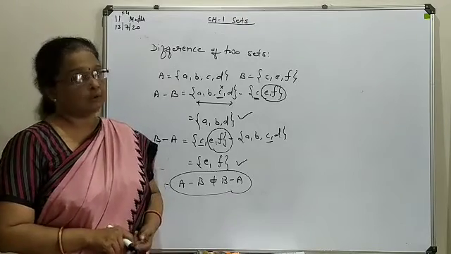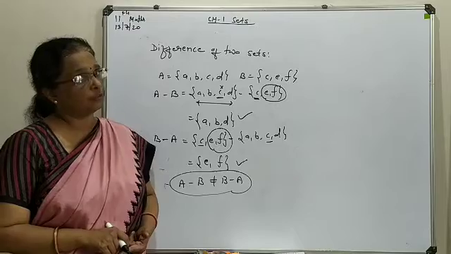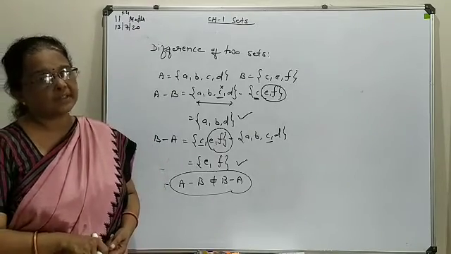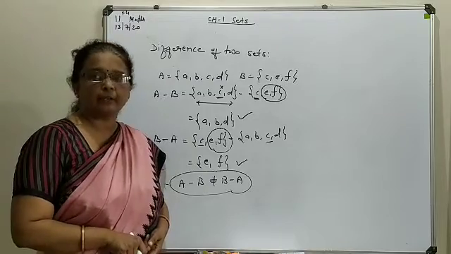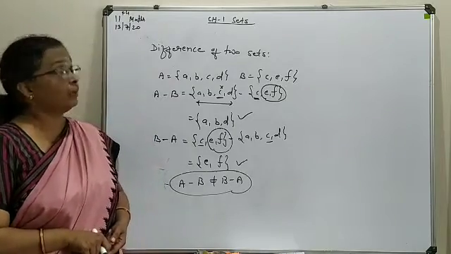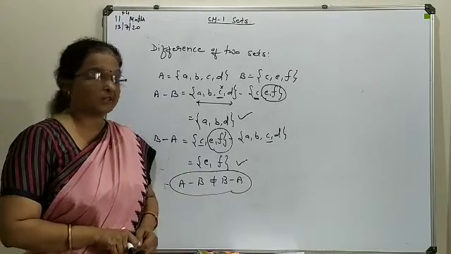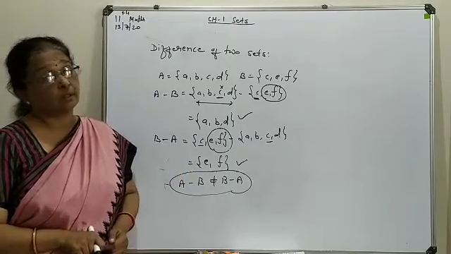Then we have discussed disjoint sets based on the intersection of two sets. For disjoint sets, A intersection B should compulsorily come as a null set, meaning none of the elements should be common between the given group of sets. And the last, as we have just discussed, is the difference of two sets.